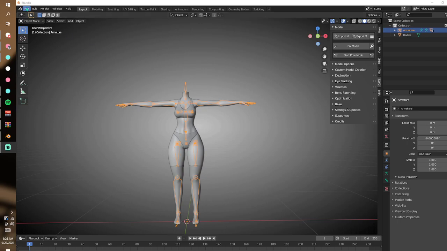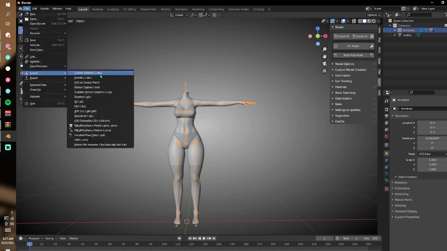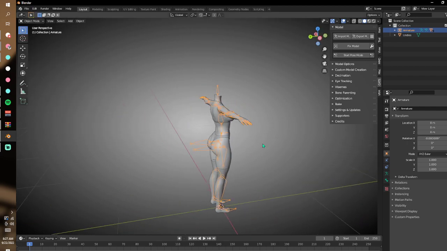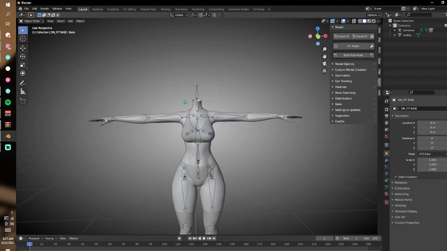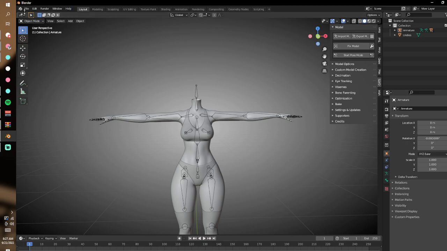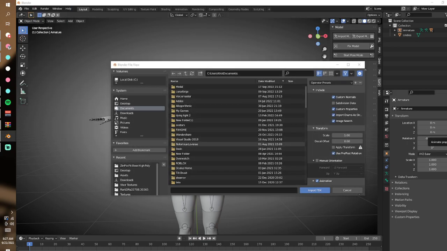So it has to be an FBX. If you have anything else, you'll click on File, Import, and then you'll put in whatever is your file type. So this one is .fbx, which you can import through here, but that makes it so your bones are not see-through. I can show you actually. So right now you can see that the bones are just outlines basically. So then if I click import FBX and I take my